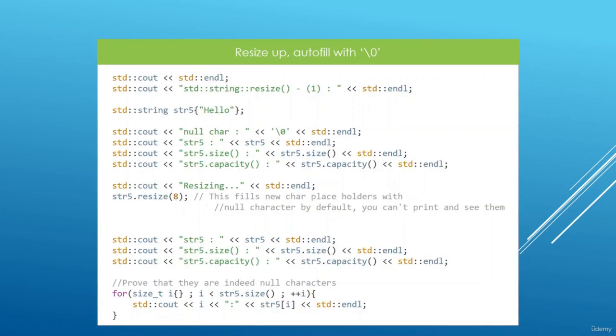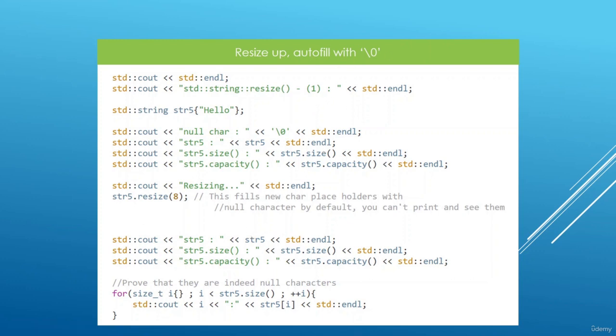Pretty cool, right? You can also resize up a string and fill it with zeros. For example, here we have str5. It has 5 characters inside, but here down you see that we are resizing it to 8 characters. What this is going to do, it's going to make it have a size of 8, and the remaining slots that don't have valid data in are going to be autofilled with null characters. A null character is basically a version of 0 for characters, and it is what we're going to use to autofill our string here. If we print str5, we're not going to really see this because a null character, you